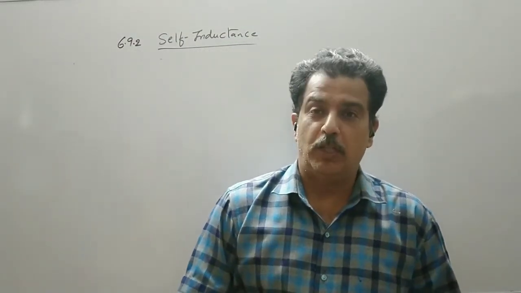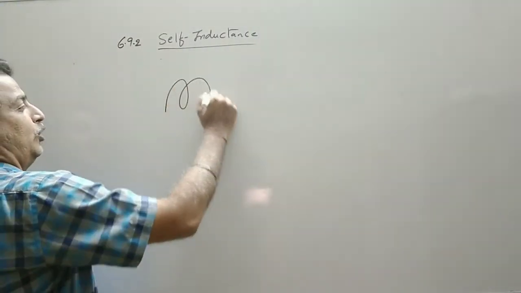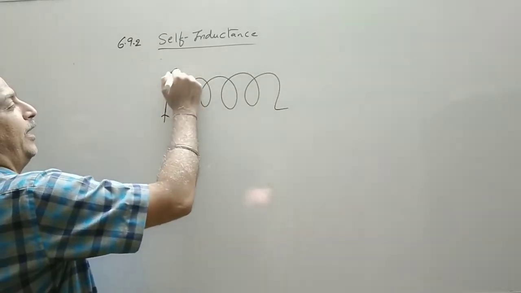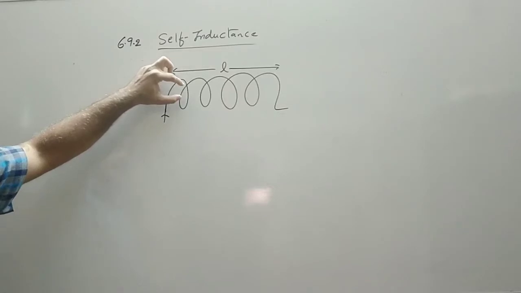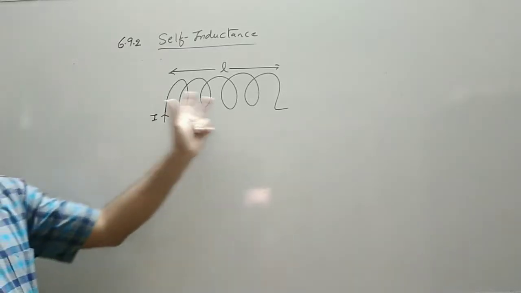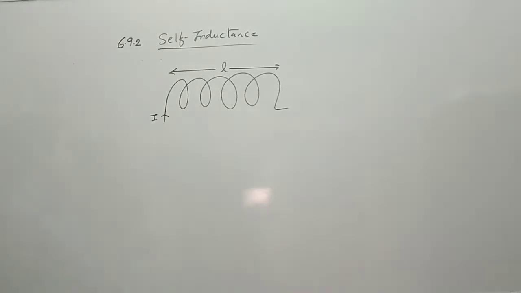We have derived the mutual inductance of a system of two solenoids. Now we have a single solenoid. Let us consider this single solenoid having n turns, and let the solenoid be very long. Long solenoid means its radius is small compared to its length. Let I be the current flowing through this solenoid. So this is the initial geometry. Let small n be the number of turns. We know about this.